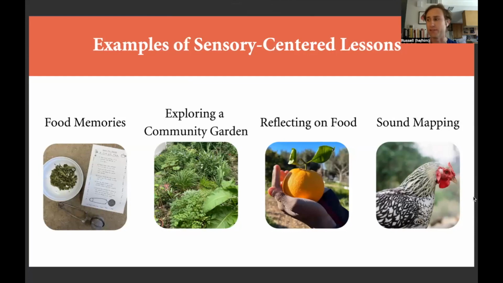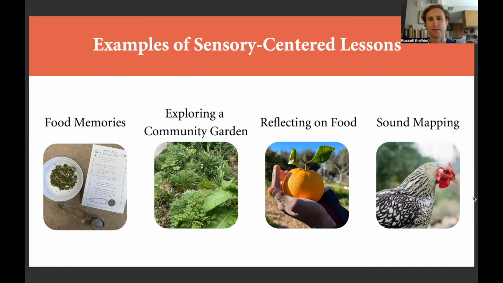And to offer a few examples of sensory-centered lessons that we have available for everyone in our resource library: food memories, exploring a community garden, reflecting on food, and sound mapping. All of these encourage and prompt students to dive deep into what they're experiencing and to reflect on what it means to take a mindful bite out of a piece of fruit, for example, in reflecting on food, or to recall for themselves a potent food memory and take themselves back